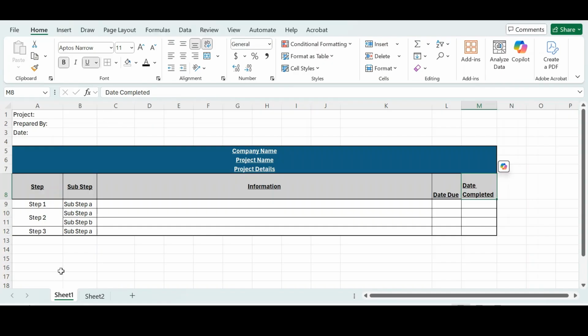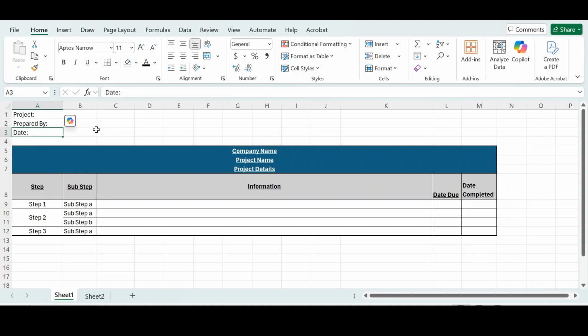You will notice today we're using the same project management workbook from the prior video. To go over the workbook quickly, in the top left corner we have project, prepared by, and date, not necessarily important for this video. However, in a corporate or professional setting, you want to list out as much information in a succinct manner as you can. This is where you would generally put the project you're working on, who prepared it, and also the